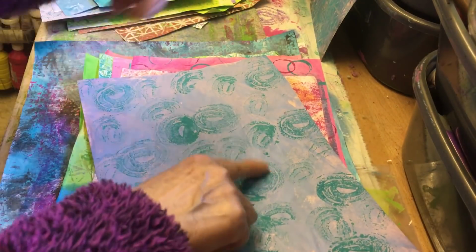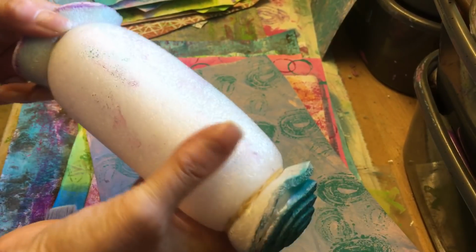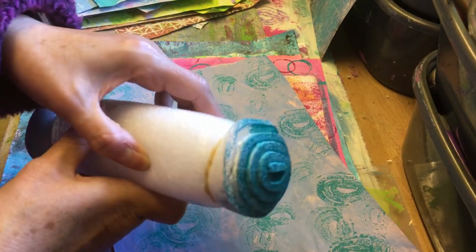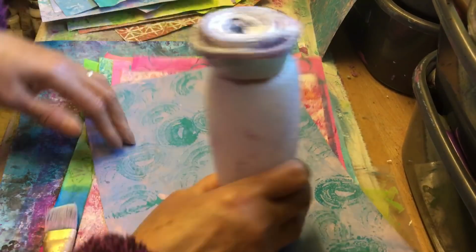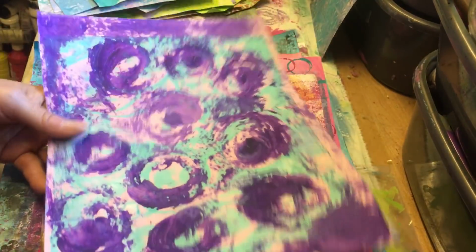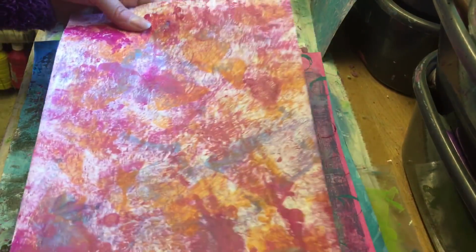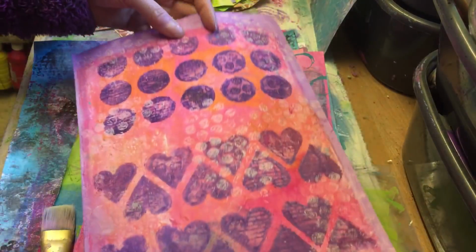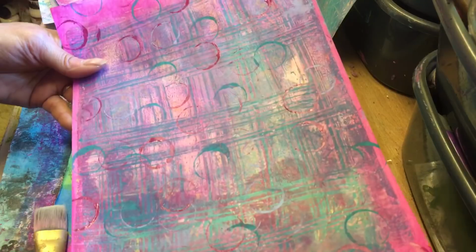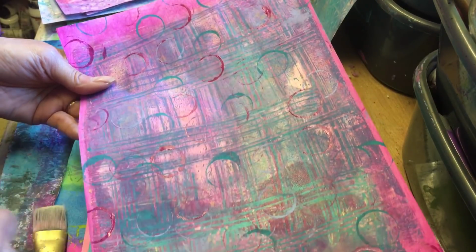And this is some foam packaging that had come in something of Mr. Doodle's, and he said, "Is this any good to you?" I said, "Yes please, thank you very much." So I just dabbed some paint on, dab, dab, dab, dab, dab. Hope you're taking note of all these sound effects, because it's most important. That's pretty. That was one I did previously, so some of you might recognise some of these. I've done that background previously, but